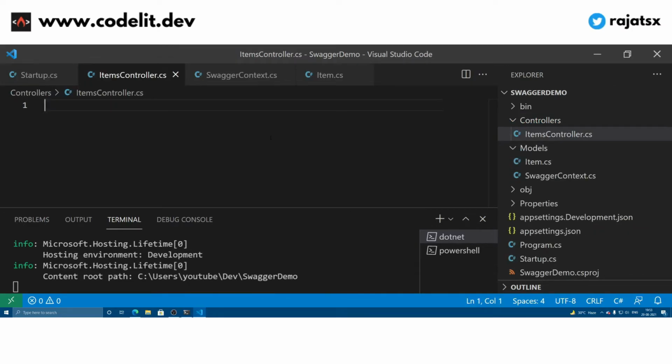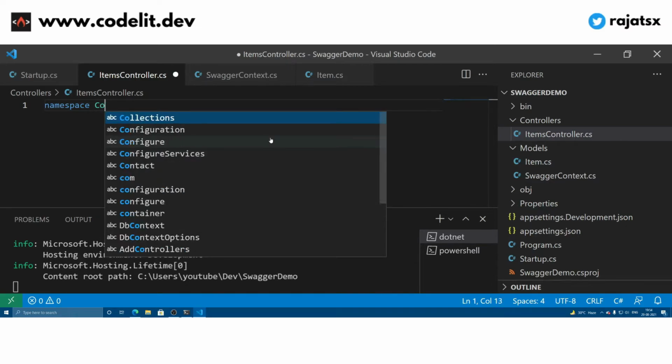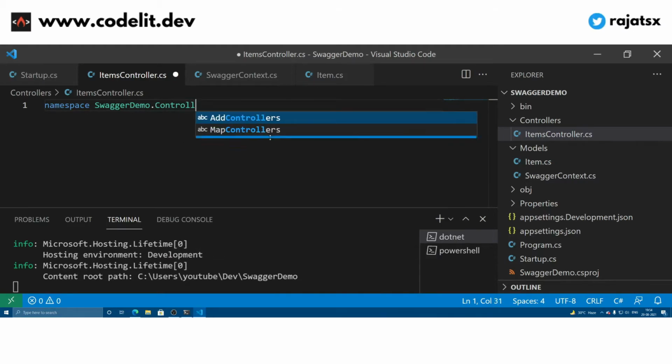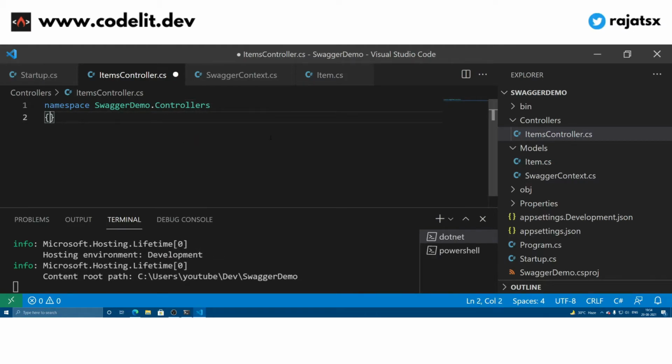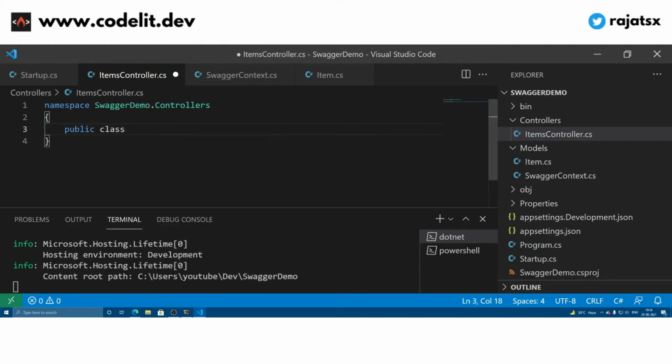Okay, and over here you have to first of all do the customary namespace thing. So it is going to be SwaggerDemo.Controllers, and then public class ItemsController.